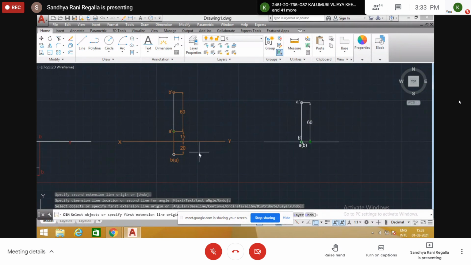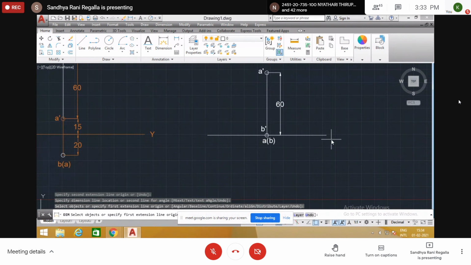In the VP means here, this 20 is also not there. In the earlier problem, it was 20 mm in front of VP. But here that 20 mm in front of VP is not there. It is in the VP, so we get it on XY. Like this we get. Right? Try to understand, try to imagine. If you understand the concept, it is very, very easy. We will see the next problem. You try on your own, each and every student. Next problem.